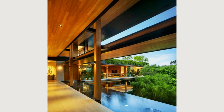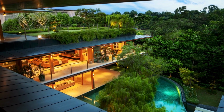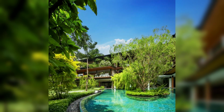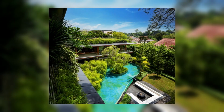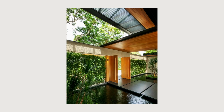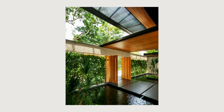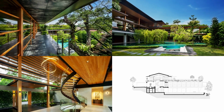The house was also designed to breathe, with all areas designed for cross-ventilation and the main circulation areas left unglazed so that the gentle breezes in Singapore can drift through the house and prevent the buildup of heat. The very large roof overhangs make this practical, keeping the driving rain out, as well as the early morning and